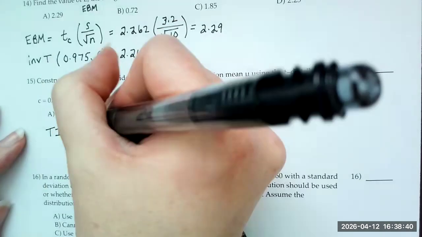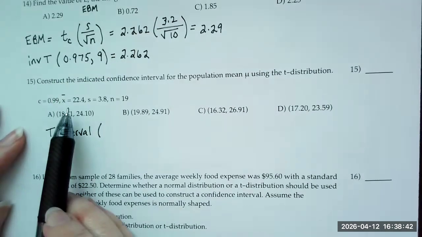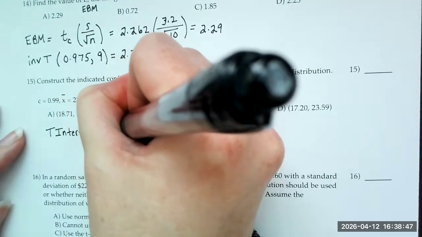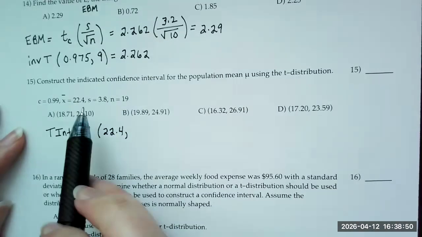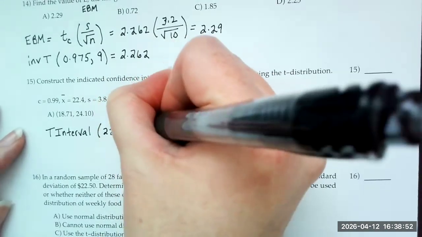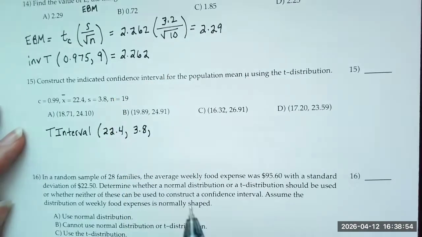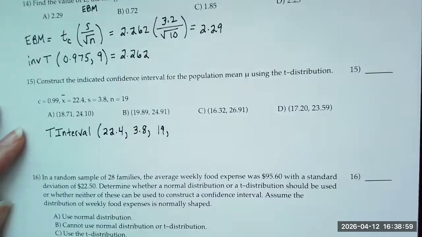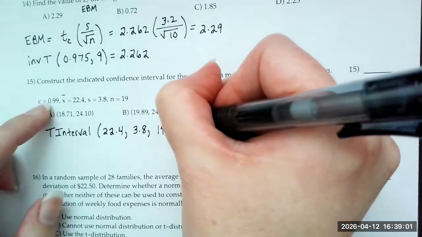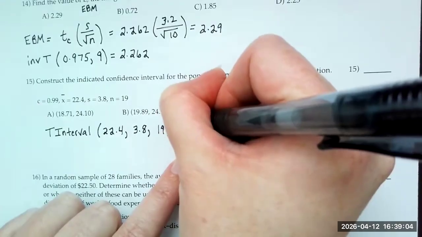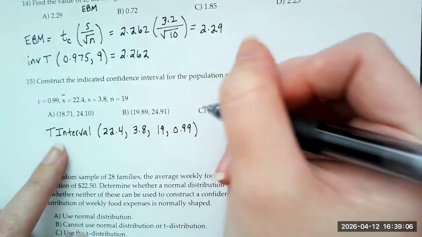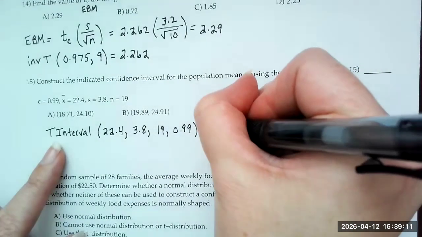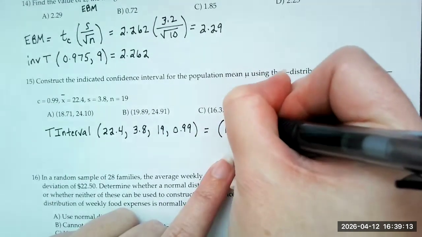T interval on our calculator then asks us for the X bar, which is the 22.4. Then it asks us for the sample standard deviation. We'll enter the 3.8. Then it asks us for the sample size. So we'll put in our N is 19. And then the last thing it asks for is the C level or the confidence level. And so we'll put in 0.99 for that. So into T interval, we enter those 4 values and it does all the work for us and it pops out